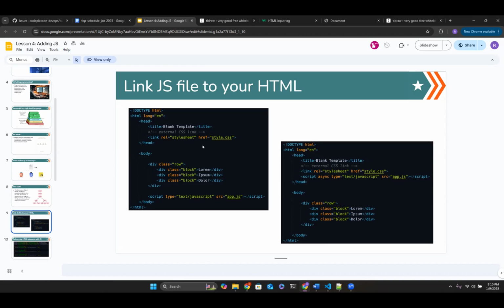One way, which is the least preferred, honestly, is adding it on the very bottom of your body tag, right? This will connect your script tag. The way that we're going to be doing it, and the way that I recommend it, is by adding it on your head. And the reason for that is when you load up your application, it is going to be read from top to bottom, right? So what do you think is going to happen when you load up your script tag at the very bottom and it hasn't loaded up yet?